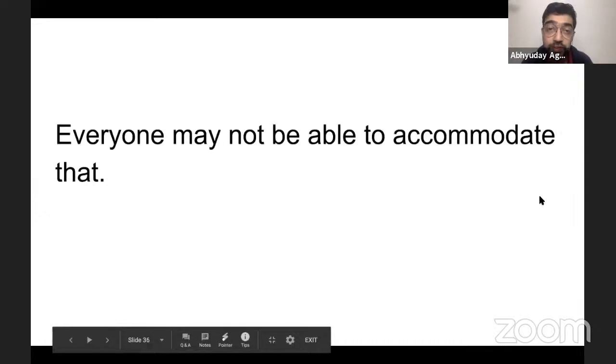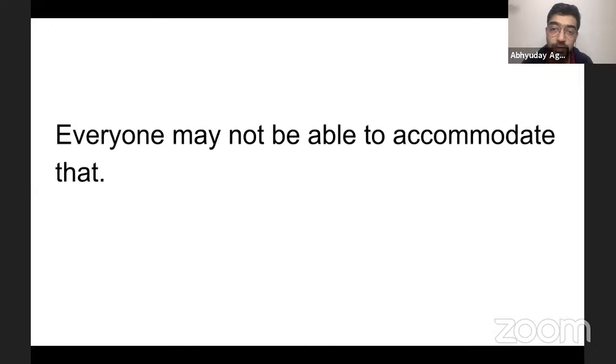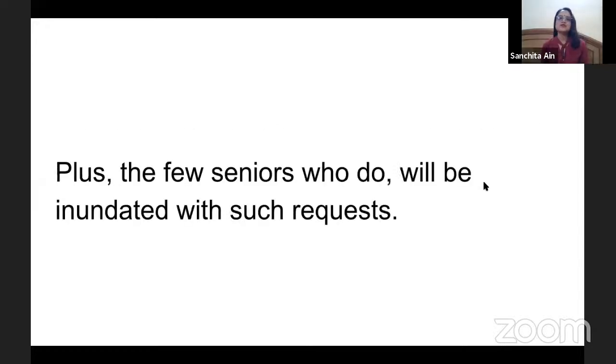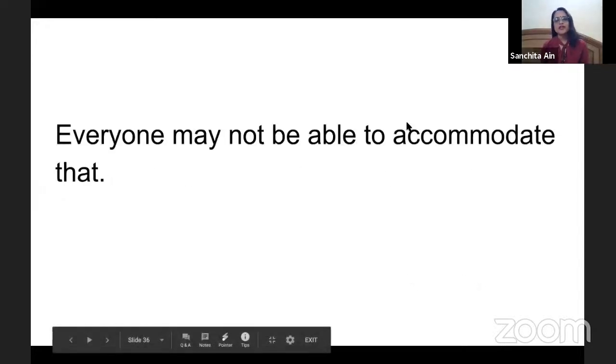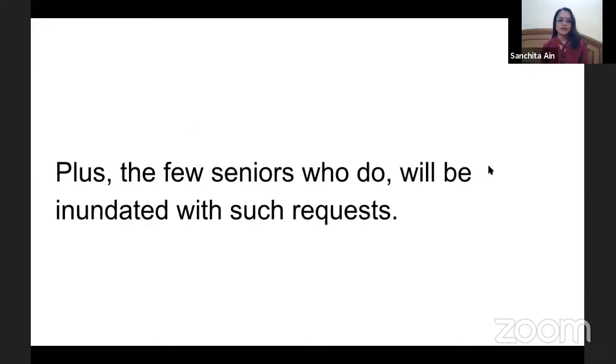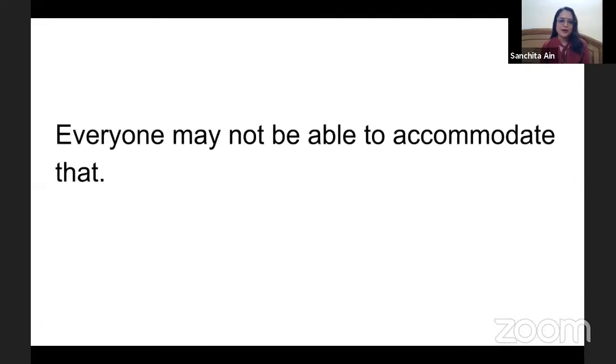Now imagine that there are some good lawyers who do that. The thing is that every lawyer will not be able to accommodate juniors on these grounds. Even if there is a good lawyer, the point is, if you cannot demonstrate your skill, nobody would be willing to pay. Even if they have the capacity, they won't be willing to pay. That's very important to understand, that you get to fix your own price. Sometimes people say in litigation there's no money, but you get to fix your own price here as well.